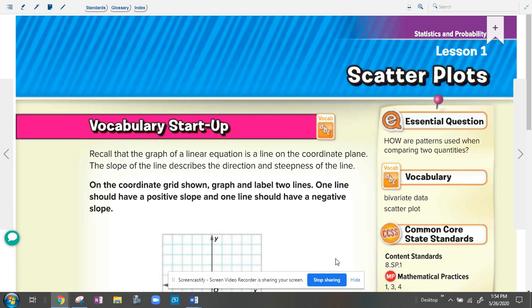Let's get rolling on lesson one, scatter plots. This is chapter 9. We're doing data displays and focus on scatter plots. So it's basically graphing. You guys are pretty good at that, and it shouldn't cause you too much trouble. The tricky part, I guess, now is just using some vocabulary to then describe the relationship between the variables in